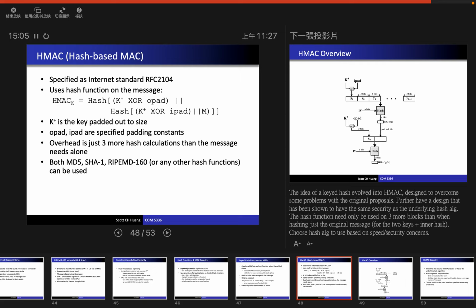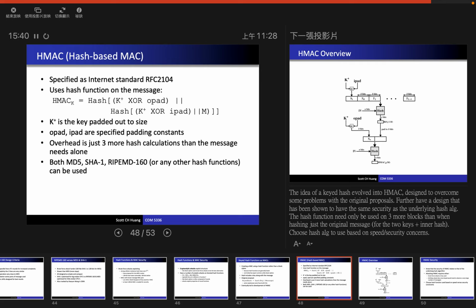So this is called HMAC. HMAC does not specify any hash algorithm. You can use any hash algorithm for this hash, be it MD5, SHA-1, SHA-256, anything. This is also a standard. If you want to use a hash-based MAC, message authentication code,